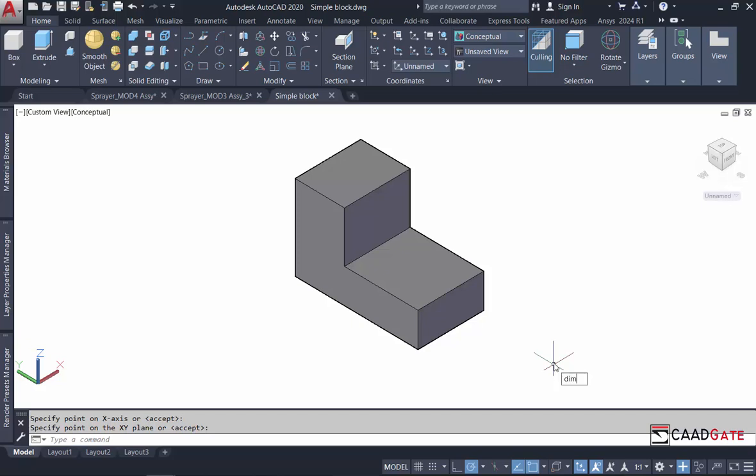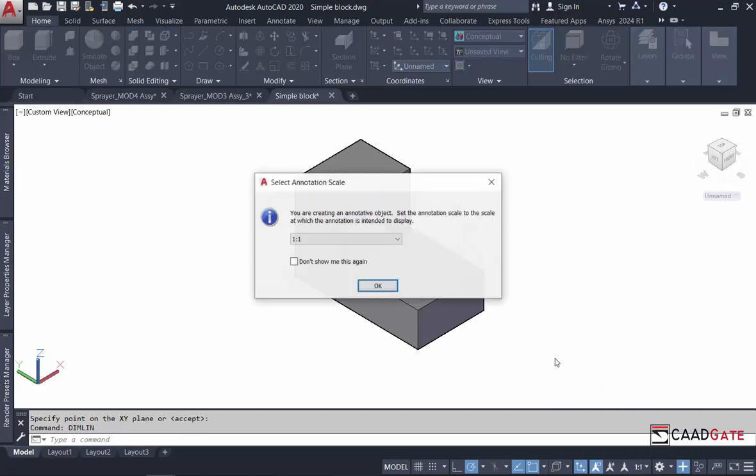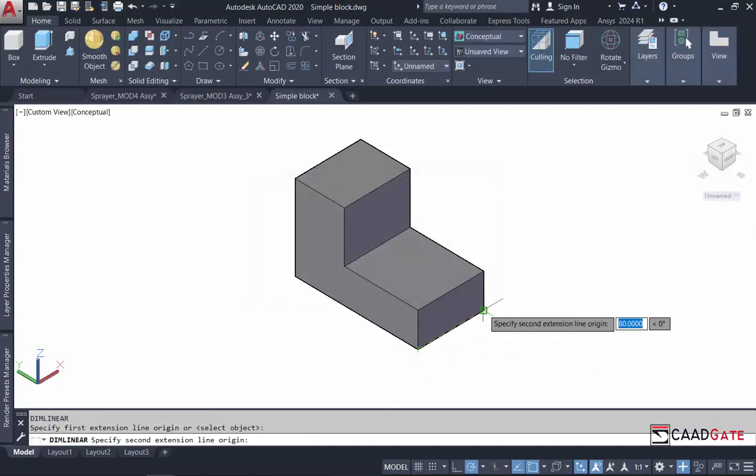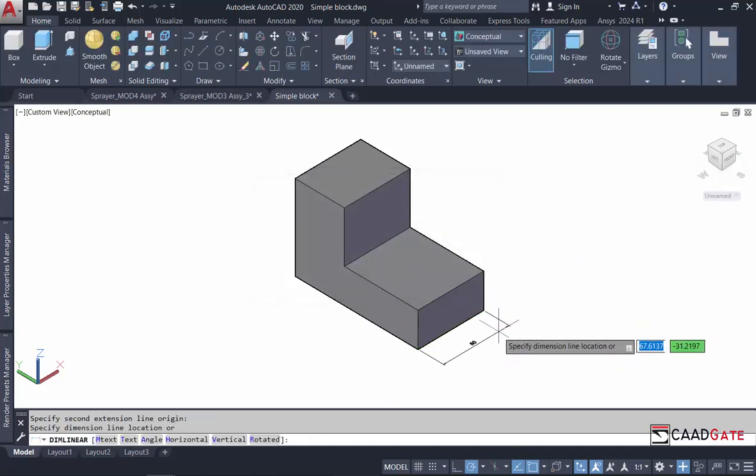Then I'll go ahead and launch the dim linear command. That's for linear dimension. I'll use the present scale, and then I pick two locations on the object and drag over. Now it is obvious that the present scale is not making the dimension text legible enough, so